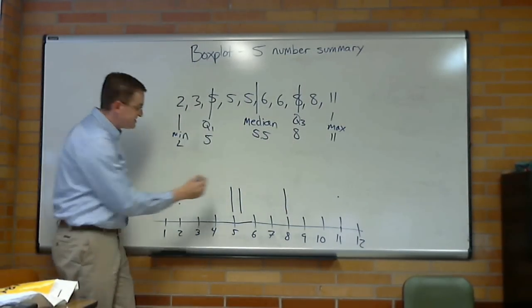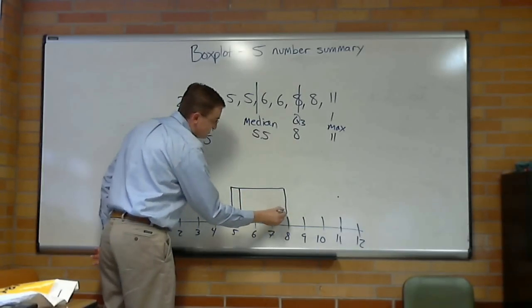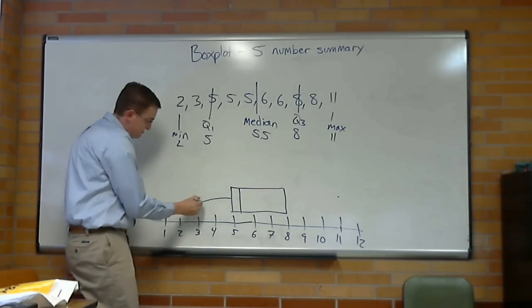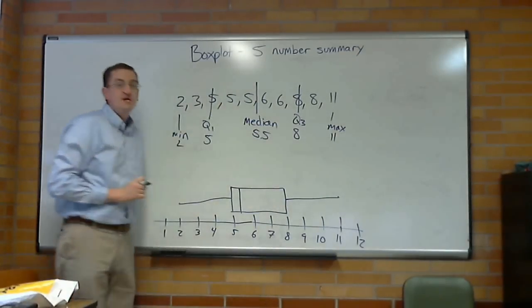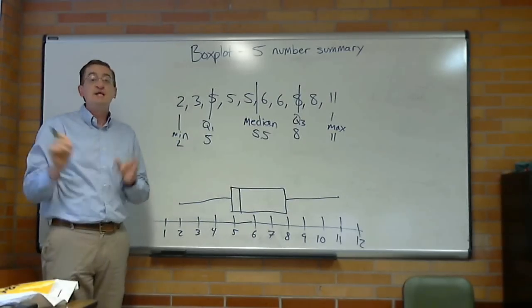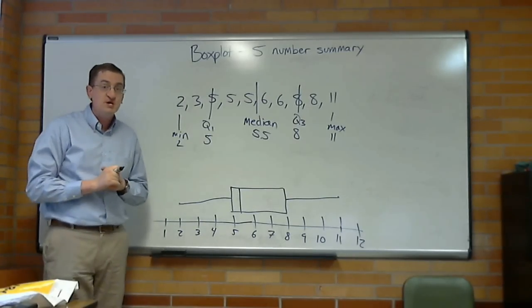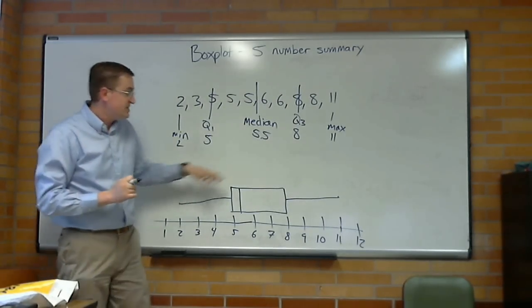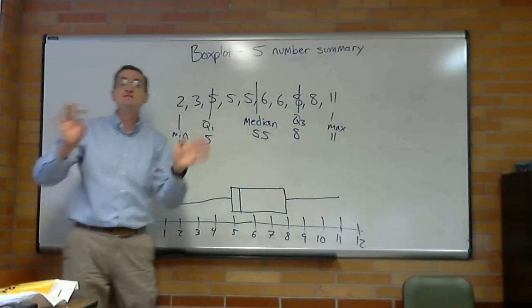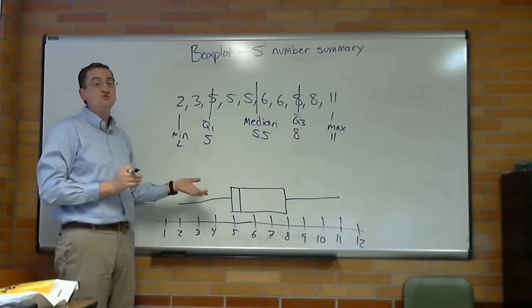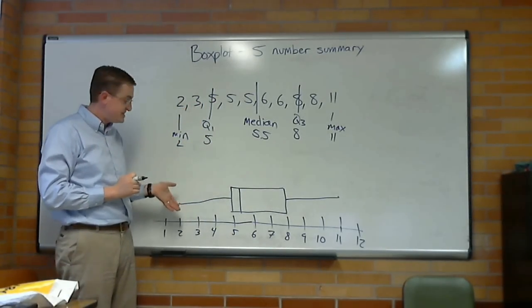And if I connect these, it does begin to look like a box with a great big whisker coming out of it. That be a simple box plot. Now, some places will talk about an outlier, and they will talk about, instead of making extend all the way, do asterisks and fences and whatever else. In this class, we are not doing those. We just want a simple box plot so that we can see the data.